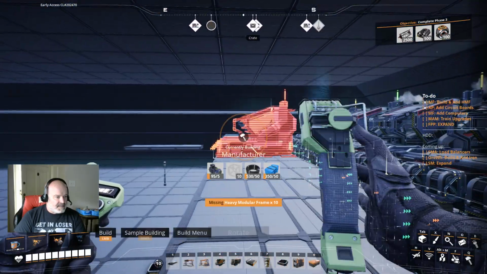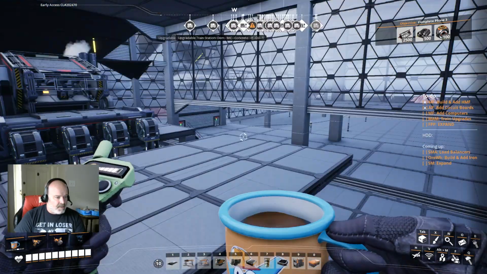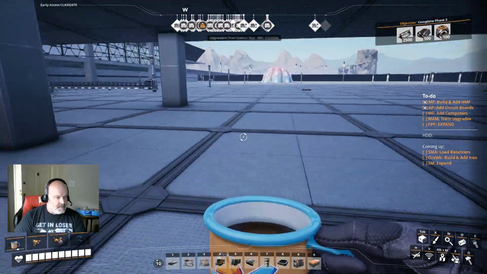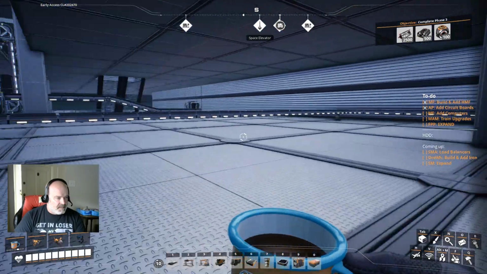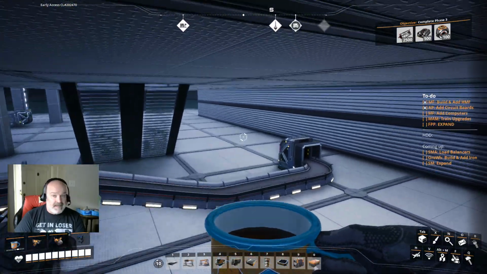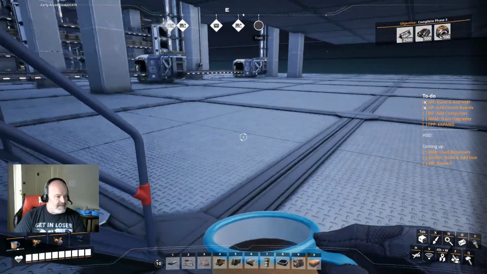Alright, sweet. Let's get this all hooked up. We need... Oh, we have those. We need heavy modular frames, huh? No problems. We can get those. We have those. We make those. Now, I think...